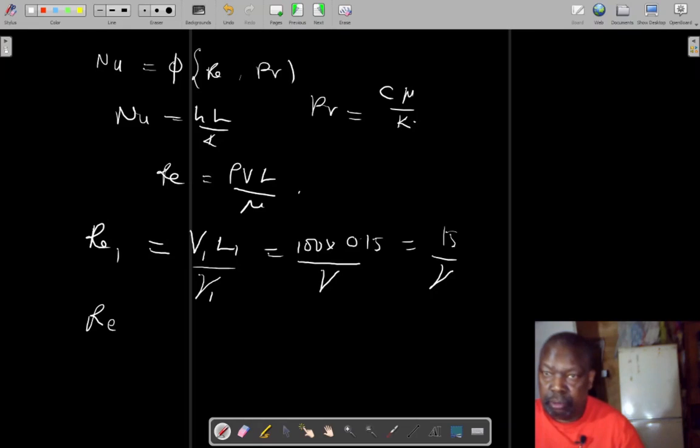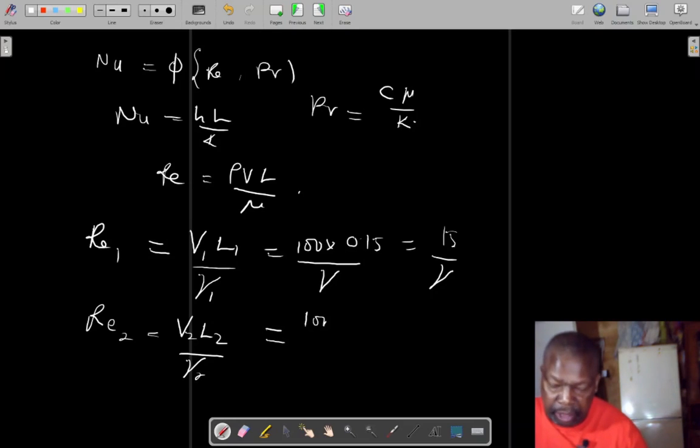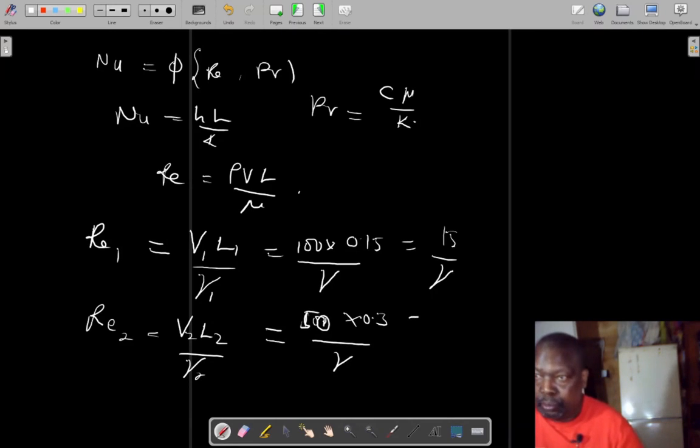So the Reynolds number 2 is V2 L2 over nu2, but we've seen that the nu is not changing, so this will be 50 times L, which is 0.3, divided by nu, which again is 15 over nu. So since the properties of the fluids are not changing, it follows that the Nusselt number 1 is equal to the Nusselt number for airfoil 2,